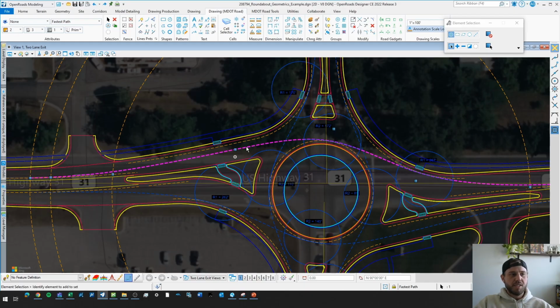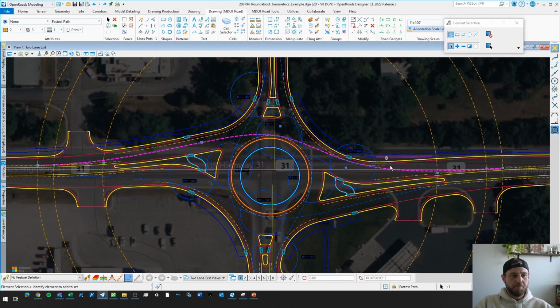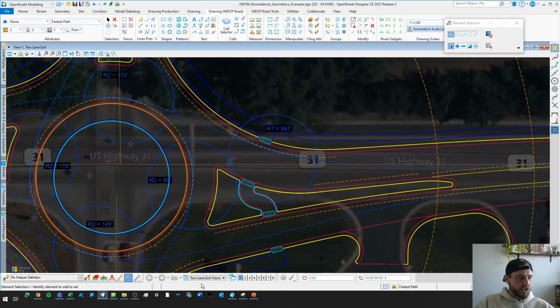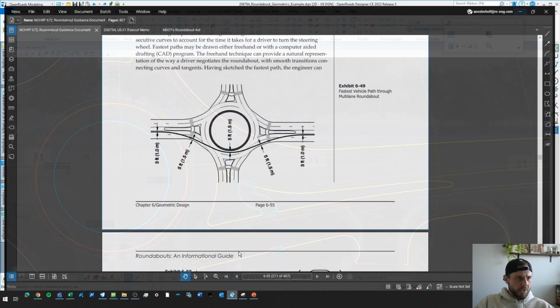And really the question is, how fast can they accelerate from this speed to this point of interest, which would be that crosswalk. So that's really going to be your V3 speed. It's not going to be calculated, but really a theoretical acceleration point, and we'll get into how that's mapped out. But right here, the guidance shows in NCHRP,